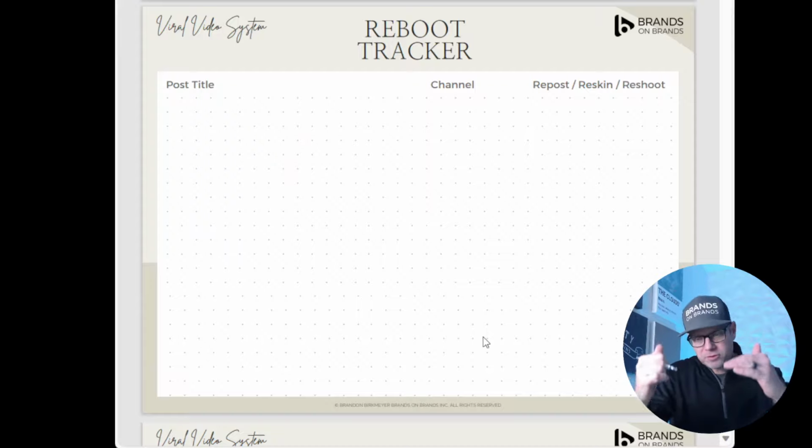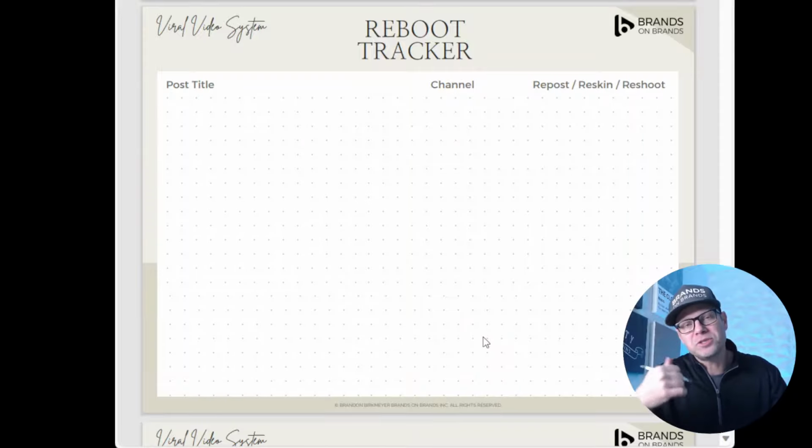Use this tracker to start to write down what the things are that you're most excited about reshooting, reposting, and reskinning. I'll tell you, it's these simple things that people overlook that make the difference between something really succeeding and it not having a chance in the first place. You have good ideas, but people need to be pulled into your content. And sometimes it's just a simple act of re-airing it or slightly changing something that turns that minute video into something that really people want to watch. So take a chance, gamble on yourself, and create some things that work.